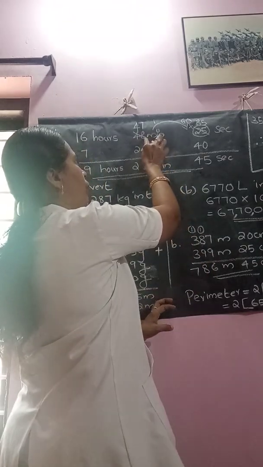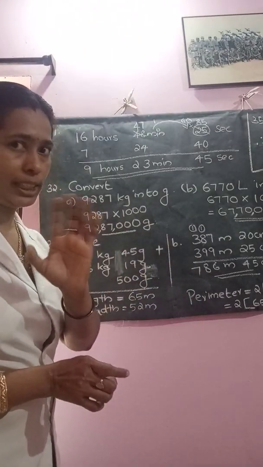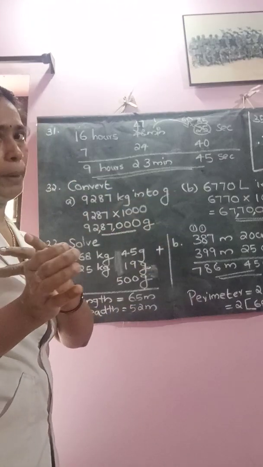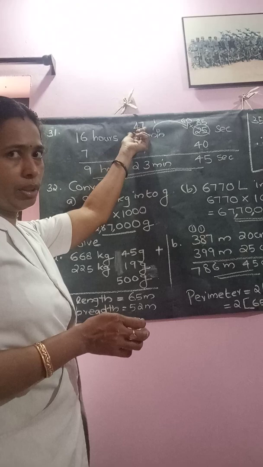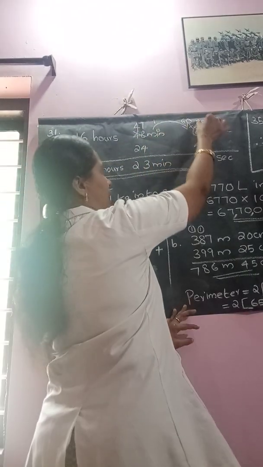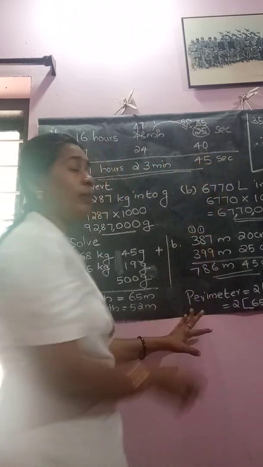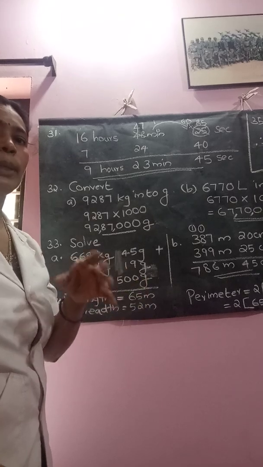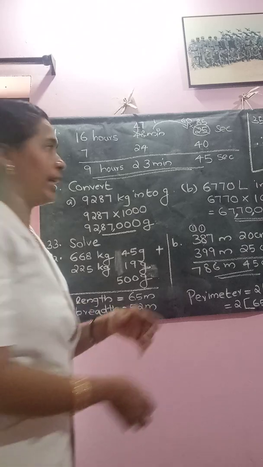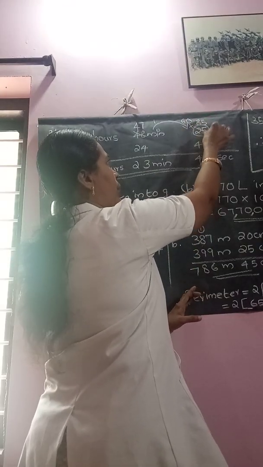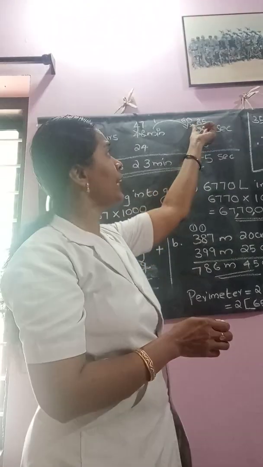And see the conversion. Teacher is taking 1 from 48, so 48 becomes 47. I told you digit by digit is not possible. That column we have to replace fully. So from 48 you take 1, and it becomes 47 now. Clear? And 1 is moved to this column. This is 1 minute actually. When it moves to the column of seconds, how many seconds does it have? 1 minute is equal to 60 seconds. So 60 plus 25 you have to add. The total number becomes 85 now.